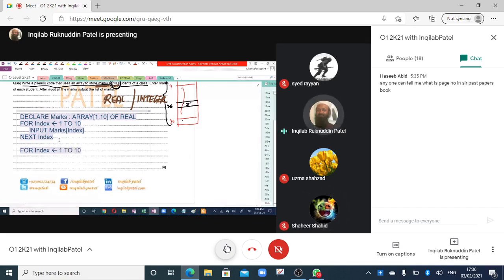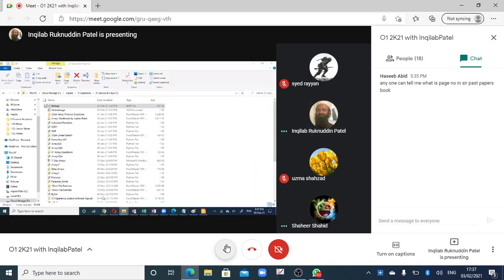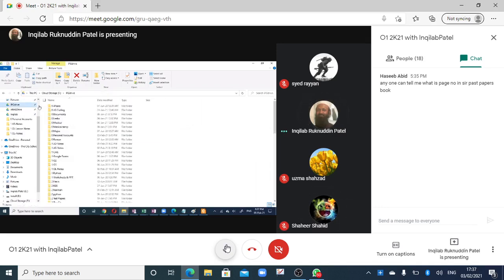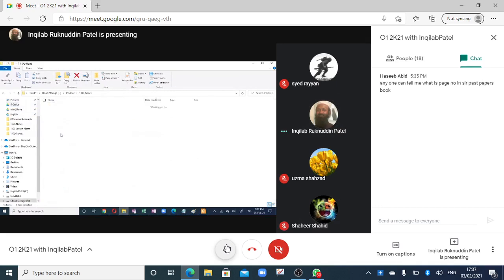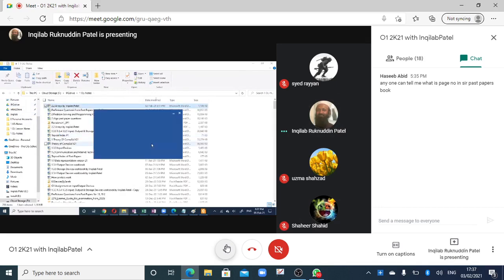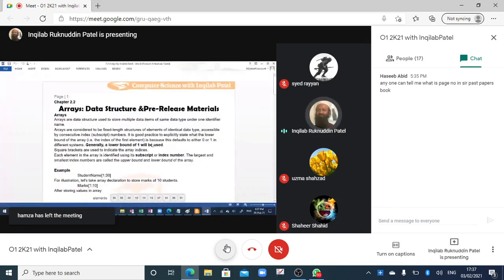Print or output marks at index, and next index, right? Yes. Okay, then yes.